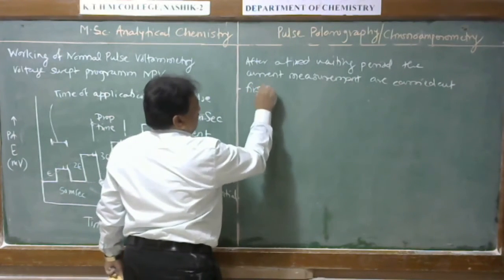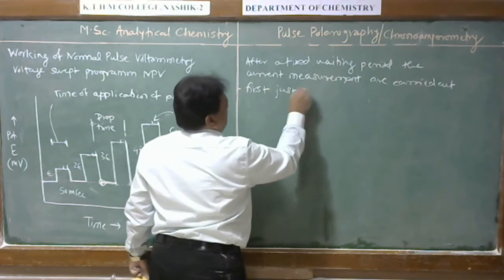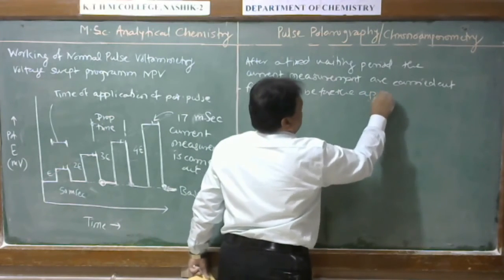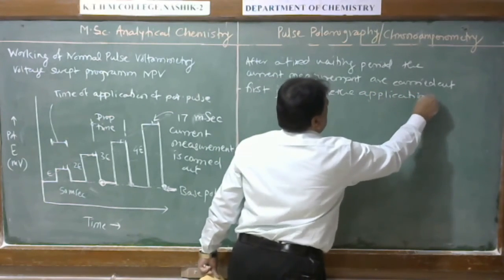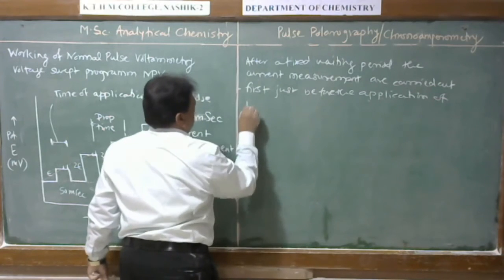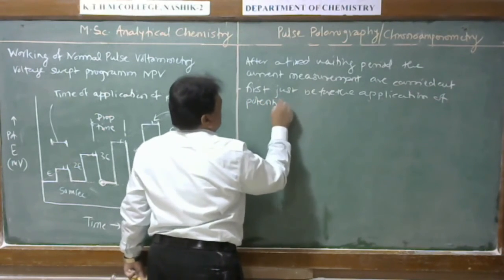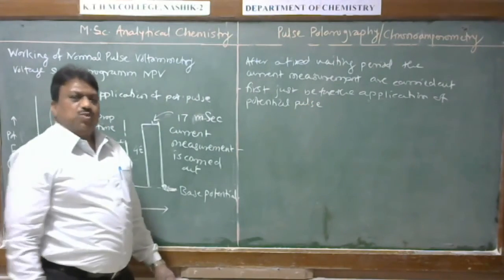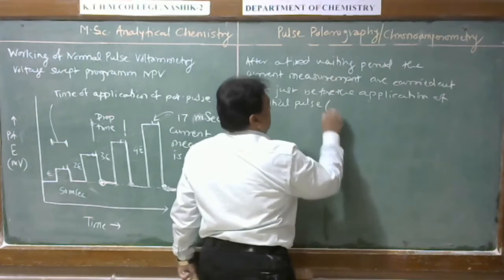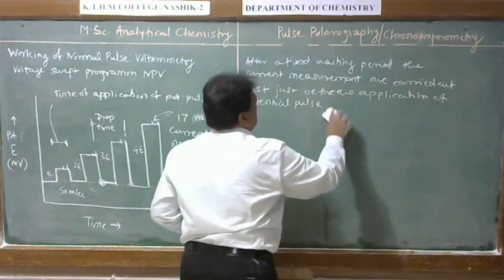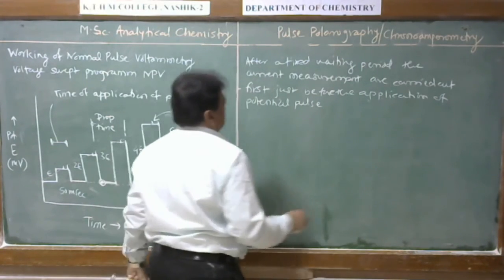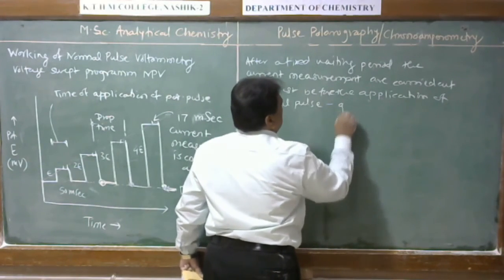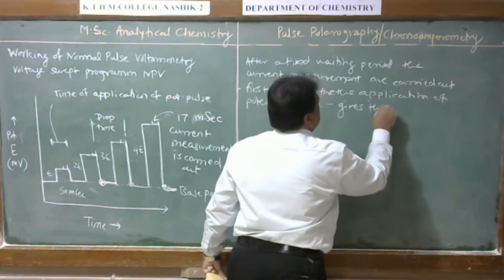First, just before the application of potential pulse, before the application of potential pulse means this is a current that is associated with some non-faradic current. This gives the baseline,